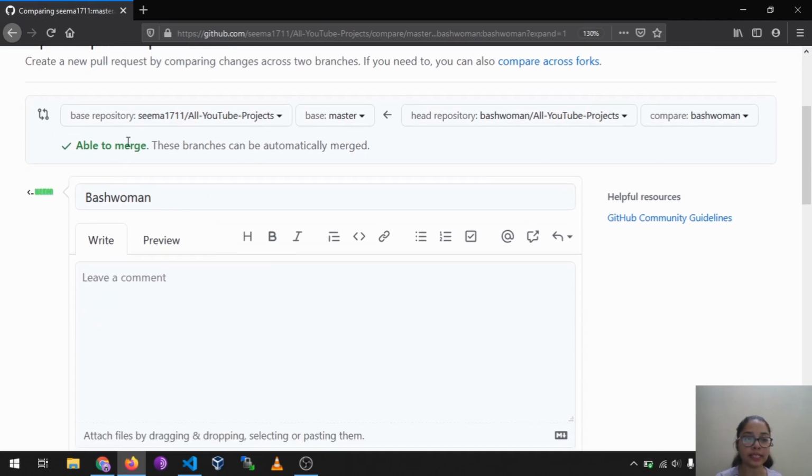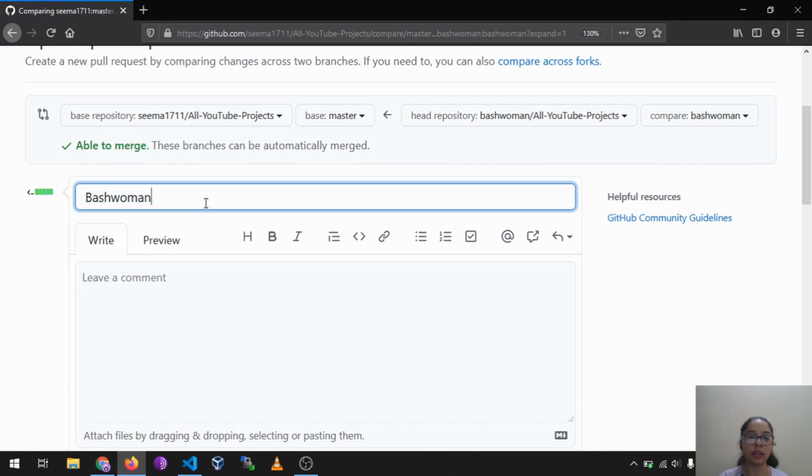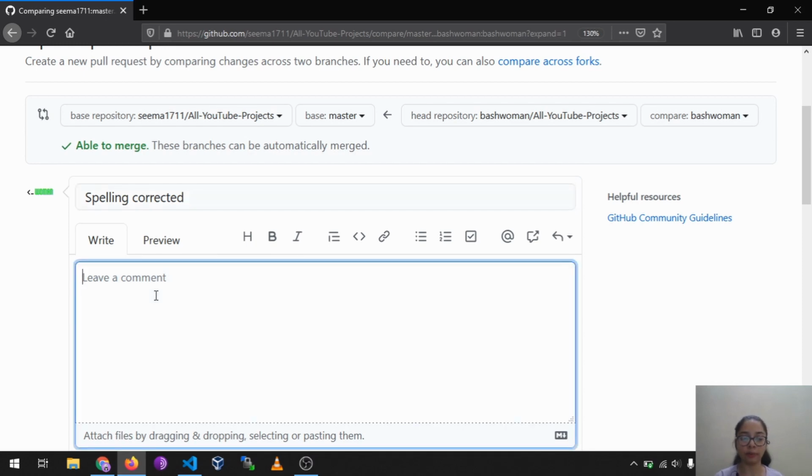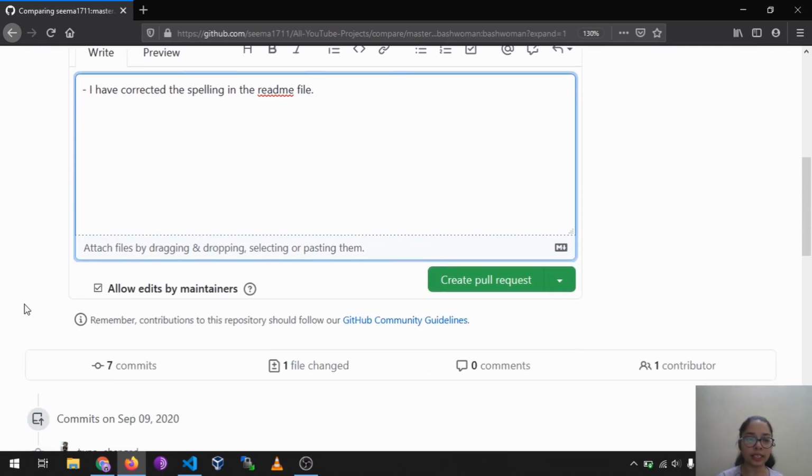It's saying it is able to merge, so we don't have any errors, and I will title it spelling corrected. You can also leave a comment like, I have corrected the spelling in the readme file. The last thing is create pull request.